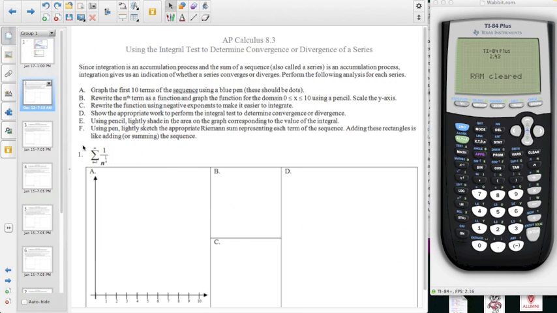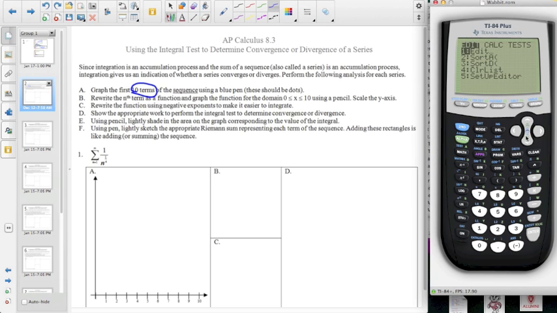This first series is 1 over n to the 1/4, and we want to graph the first 10 terms of this series. We're going to graph these first 10 terms and show those terms as dots. The quickest way to do that really is with lists in your graphing calculator. So if I come over here and edit list 1 and put in the first 10 terms here,